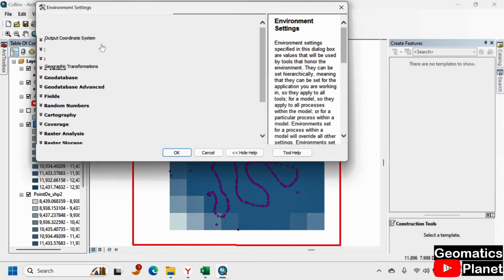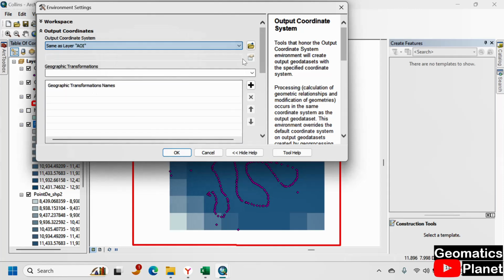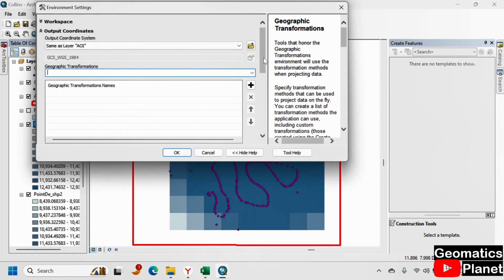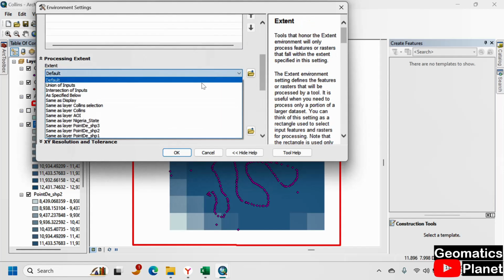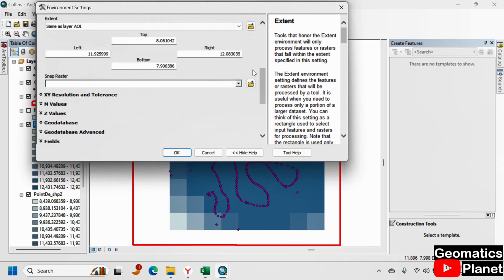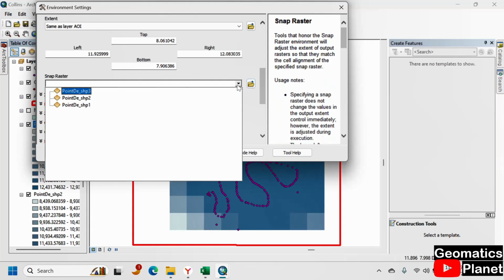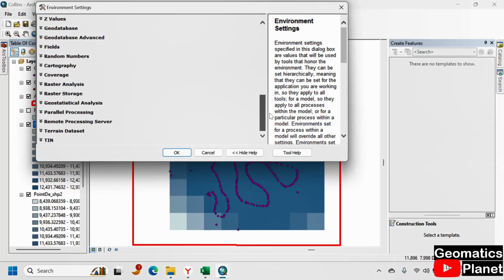Workspace, output coordinate as layer, as area of interest, and I will leave this as it is. Processing extent, this is not area of interest, and snap raster to the extent, no. Okay,